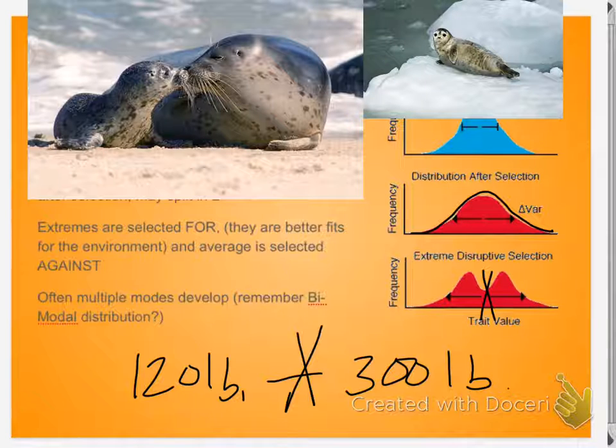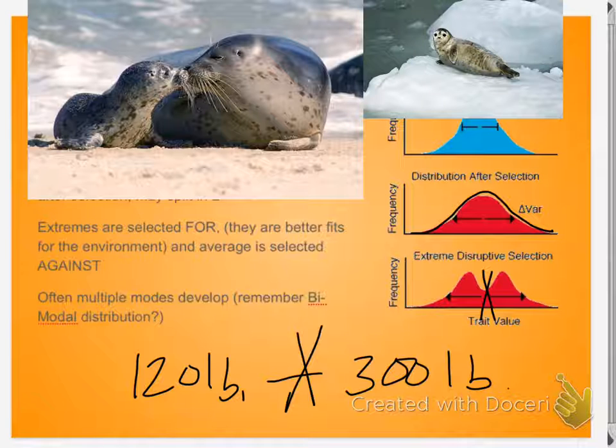So if you're a middle-sized harbor seal, you're not as fast as the little ones. You know the joke about two guys out hunting and suddenly they're being chased by a grizzly bear, right? And the one guy says to the other, oh my God, I can't run faster than a bear. I'm going to die. And the first guy says, I don't have to run faster than a bear. I just have to run faster than you. That middle-sized harbor seal can't outrun the littlest harbor seal. So who gets away when the shark or the orca or whatever predator it is is chasing them? When the smaller one gets away, the middle-sized one is lunch.